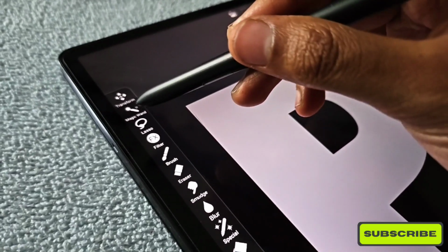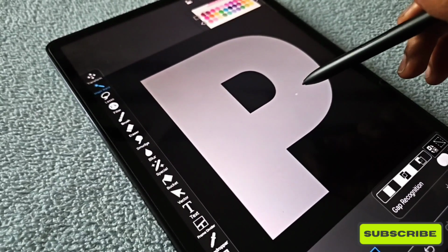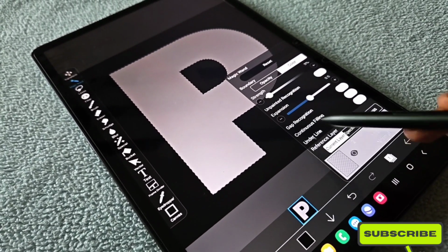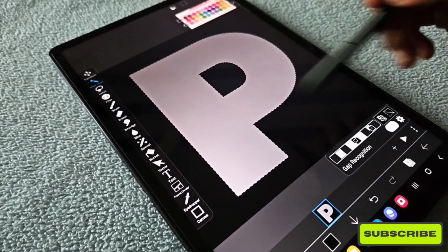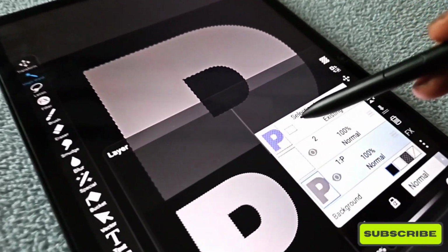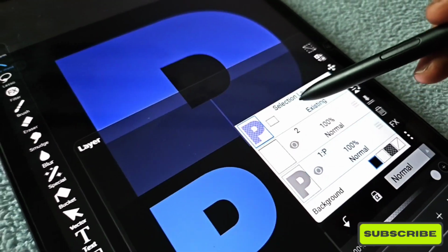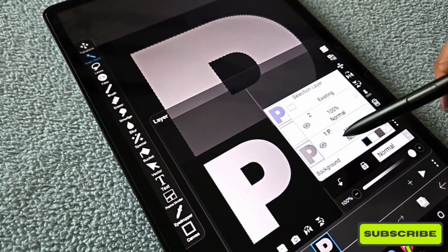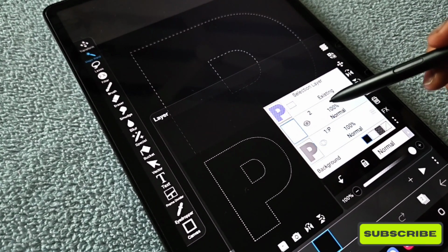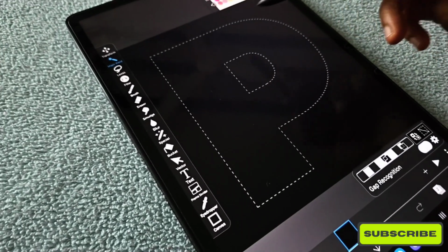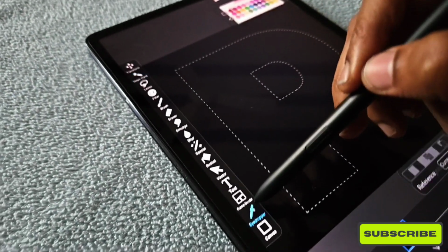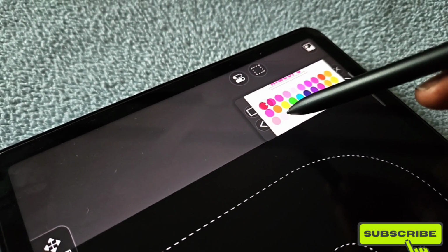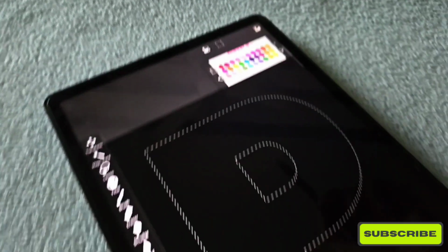Now using the magic wand tool, I'm going to select this P. As I told before, I don't want this P anymore, which means I don't want that layer anymore. Just make the visibility of that layer off. So here you can see this is what is selected. This layer is no more needed. Go to the top layer, and here using the color picker I'm going to select some mild pink color,